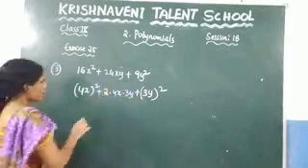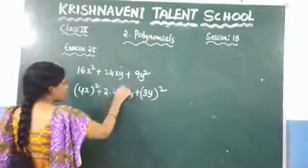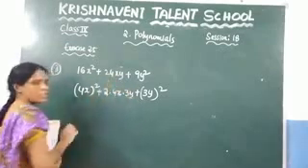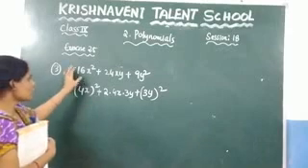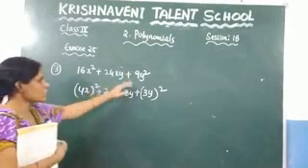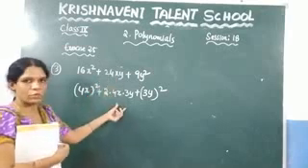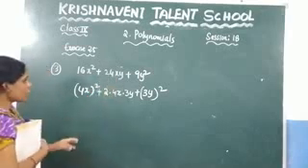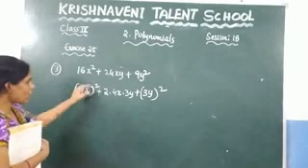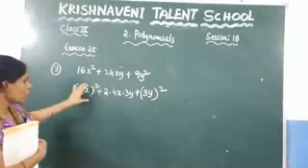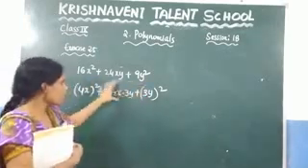If you multiply, you get the same thing. You can check it here: 4 times 2 is 8, and 8 times 3 is 24, x into y is xy. So first check which number you need to take here and which number you need to take here, so that you can split this middle value like this. We have expressed this one in the form of a square plus b square plus 2ab.